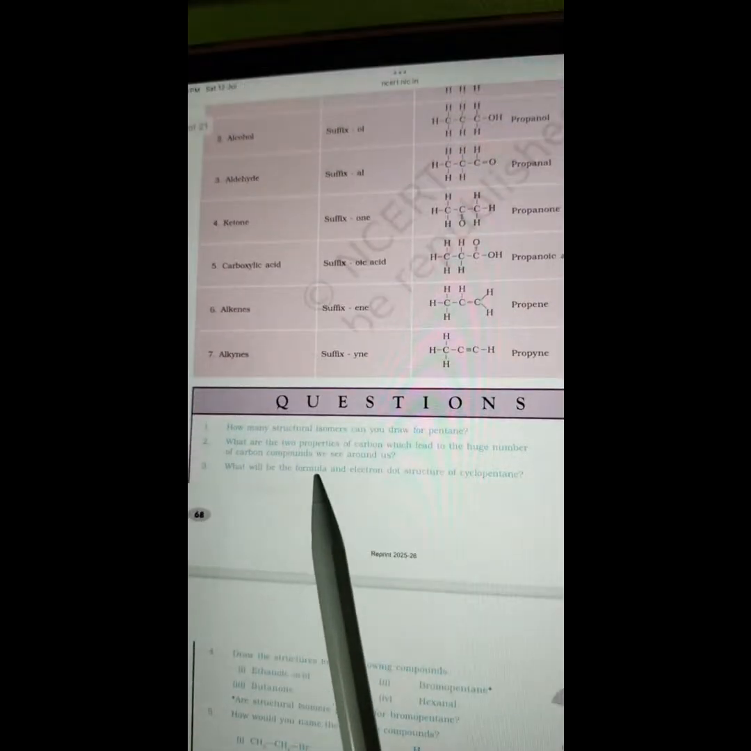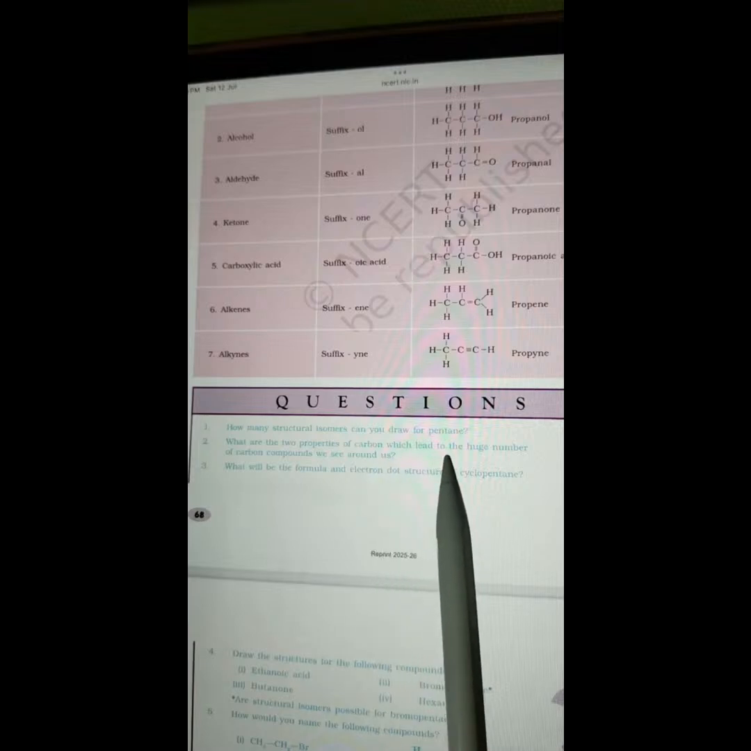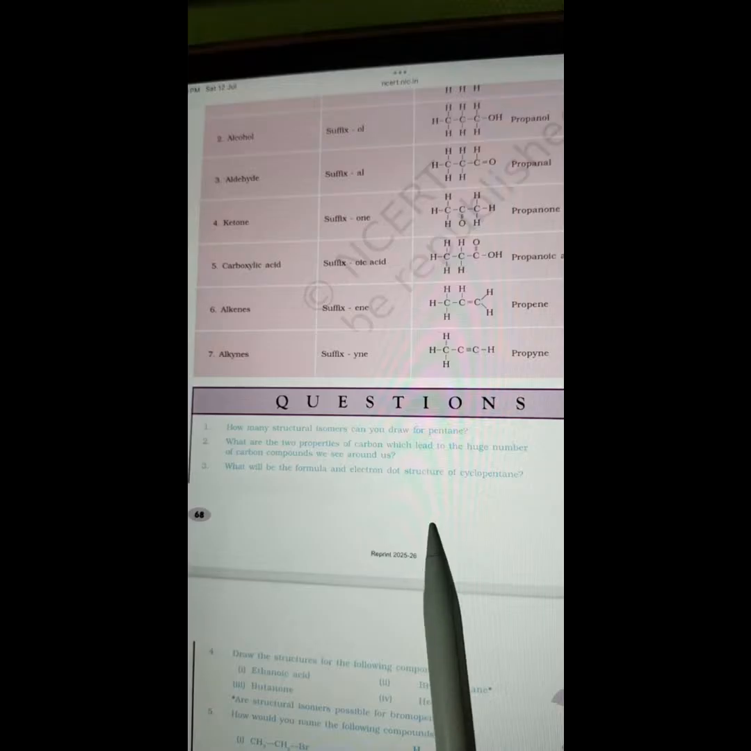In text questions, question number 1, how many structural isomers can you draw for pentane? What are the two properties of carbon which lead to the huge number of carbon compounds as we see around us? What will be the formula and the electron dot structure of cyclopentane? Next,